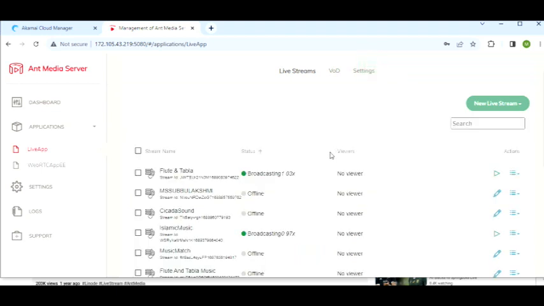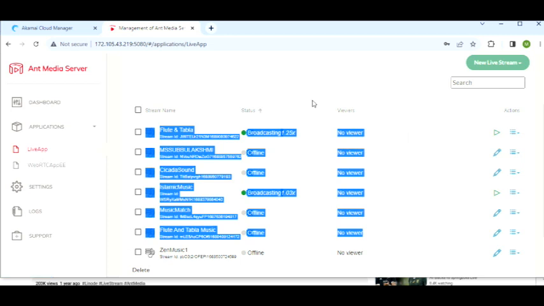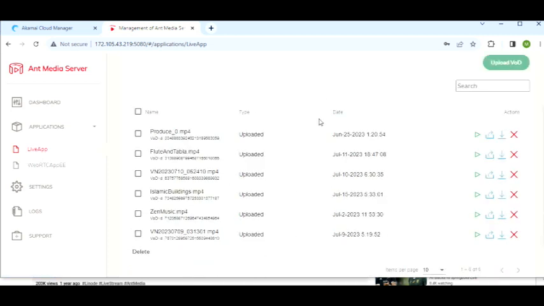Now I'll have to go, here's the one, because I have so many of them. Okay, now when you're uploading the videos, just make sure that you name all of them before uploading it, because you can see here that I've uploaded so many videos and I don't know which one is what. But anyway, this time I've uploaded the file with the proper name. So now you can click on the play button against the file that you want to stream,